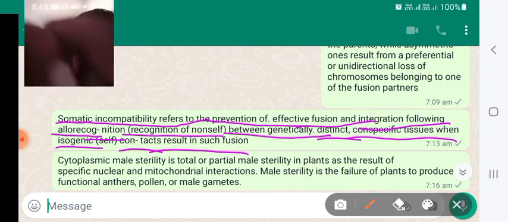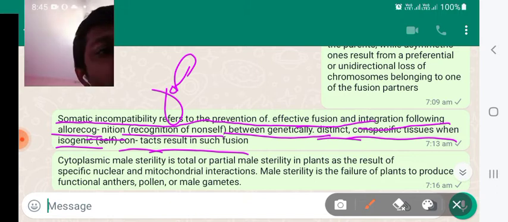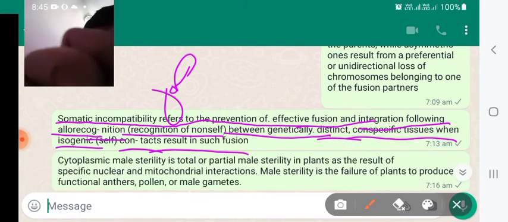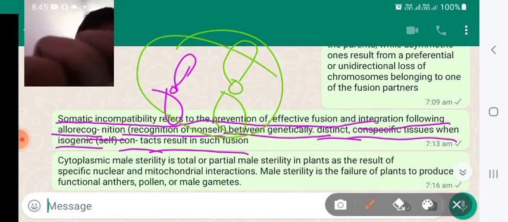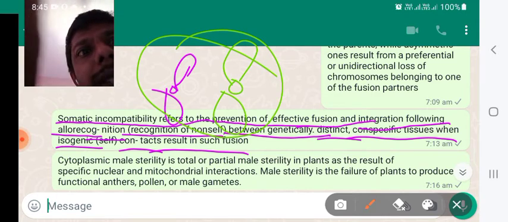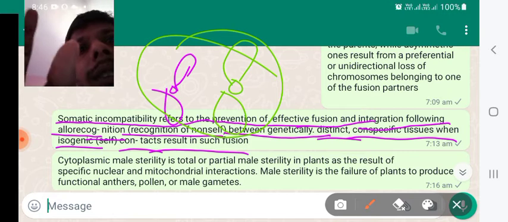One of the plant species has chromosomes in a different manner, while the other plant species has the chromosomes in a distinct manner. The metacentric and submetacentric, you all know about the position of the centromere, the chromosome arrangement. So due to the chromosome arrangement also, there will be a problem between the two plant species when they are allowed to fuse.